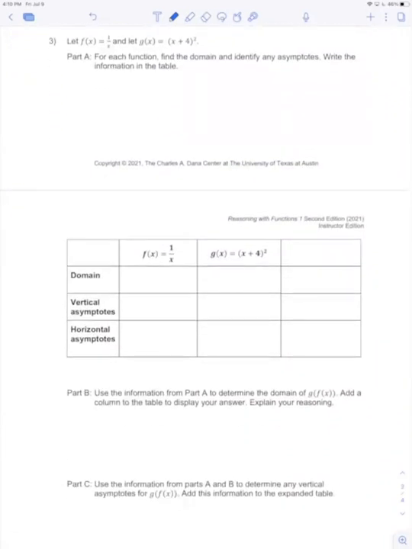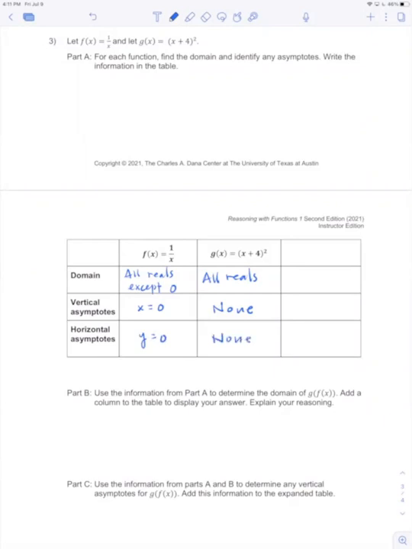And so we want to find the domain of f, and that's going to be all real numbers except we can't have 0. So let's put all reals except when x is equal to 0. For g, there's no restrictions on that. So all reals is the domain. And our vertical asymptote, we're going to have one at x equals 0 for f. And there's going to be none here, so let's put none for g. Horizontal asymptote is going to be y is equal to 0. And again, none